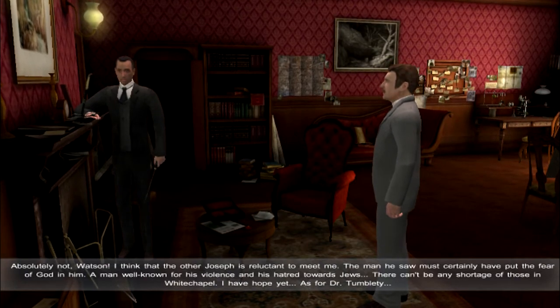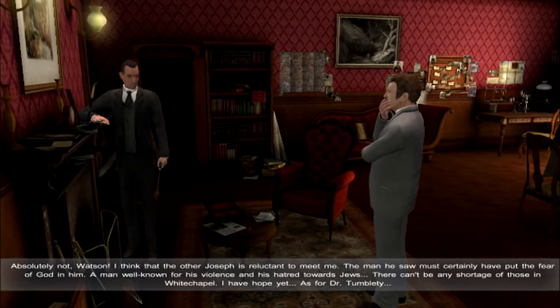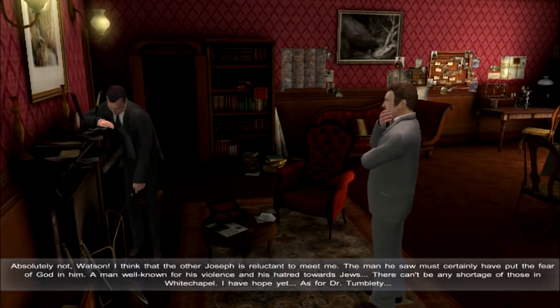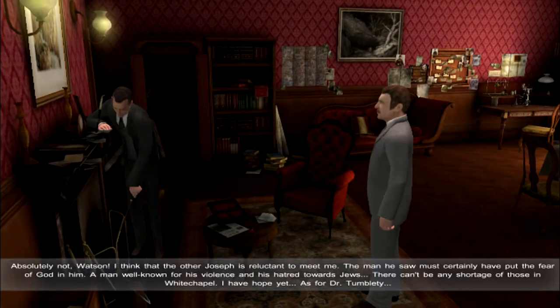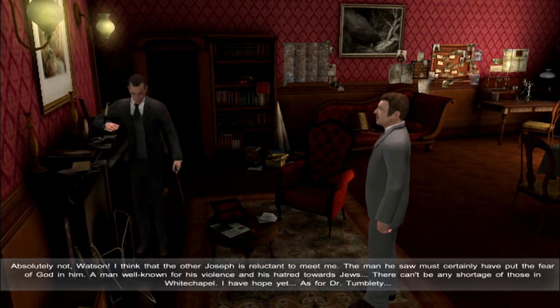Absolutely not, Watson. I think that the other Joseph is reluctant to meet me. The man he saw must certainly have put the fear of God in him, a man well known for his violence and his hatred towards Jews. There can't be any shortage of those in Whitechapel. I have hope yet. As for Dr. Tumblety...